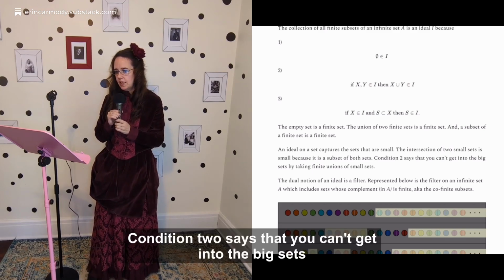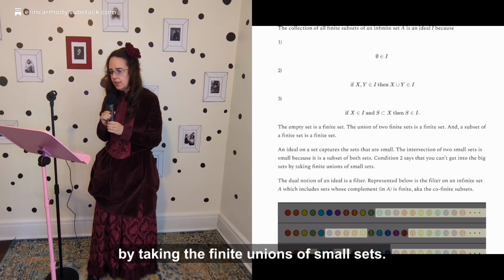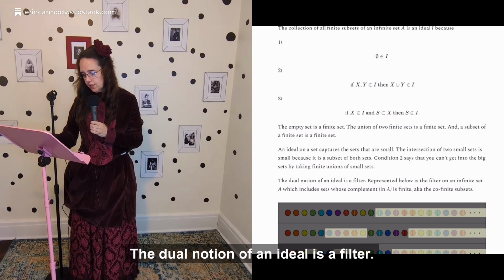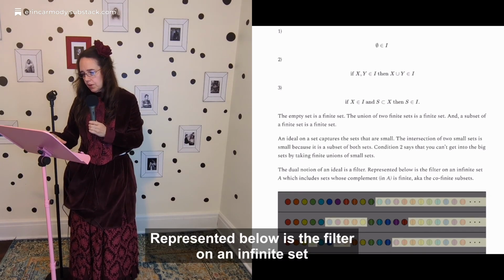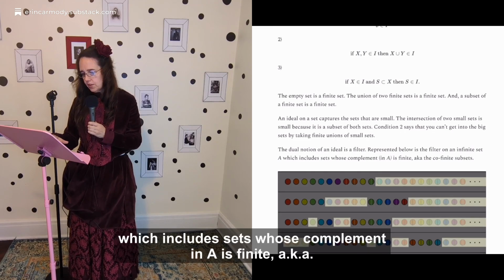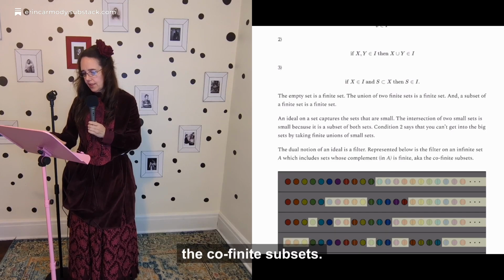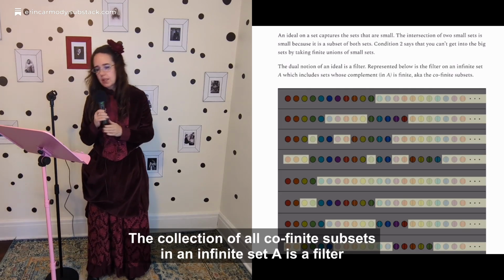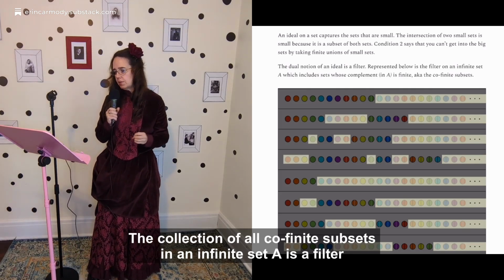Condition 2 says that you can't get into the big sets by taking the finite unions of small sets. The dual notion of an ideal is a filter. Represented below is the filter on an infinite set, which includes sets whose complement in A is finite, aka the cofinite subsets. The collection of all cofinite subsets in an infinite set A is a filter because A is an element of